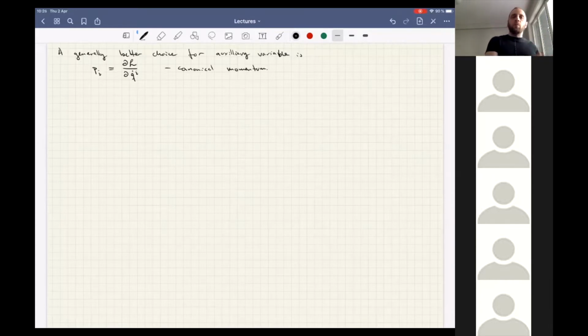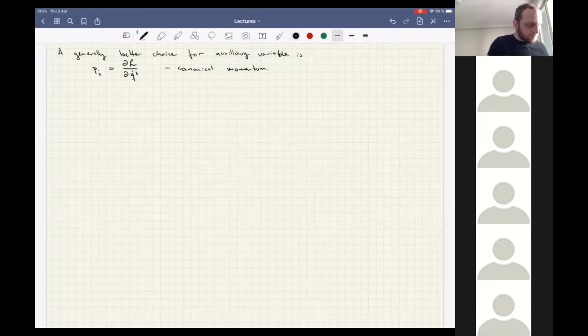Now, if I know both the generalized coordinates q as well as their time derivatives, then I will know what p_i is. Conversely, if I know p_i and I know q, then I will know how the system is configured at the moment and also how the system is moving at the moment. And once we have introduced this, we get a rather simple form for the equations of motion,